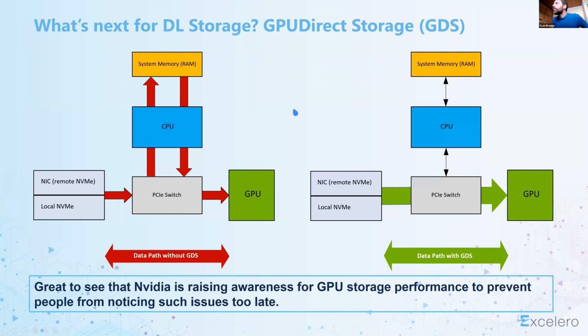Okay, which already brings us to the last slide. What's next for deep learning storage? Because of course, NVIDIA very often only talks about the compute part. That's normal. Intel and AMD for their CPUs also mostly focus on the CPU part, not on the storage part, but at least recently NVIDIA became more aware of storage being a general problem for deep learning.